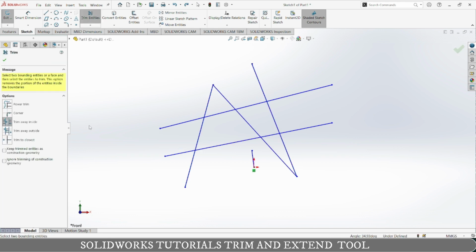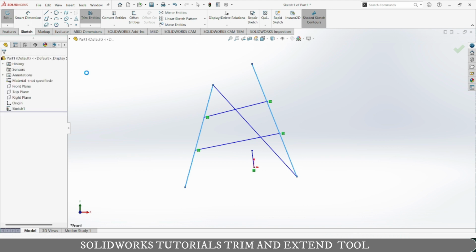Now the other one is trim away outside. For example, I'm selecting this and this line again, and whenever I select outside of them, whatever line I'm selecting outside of them will be deleted. Okay,